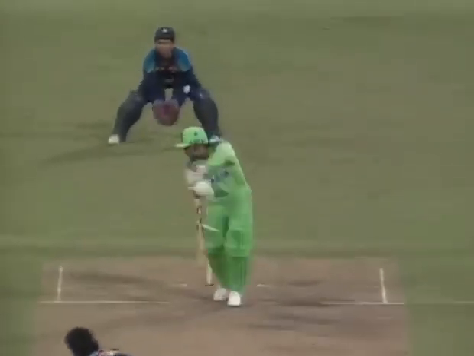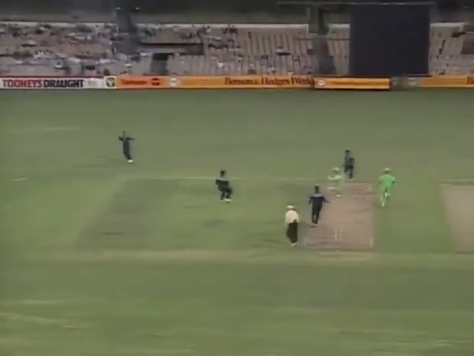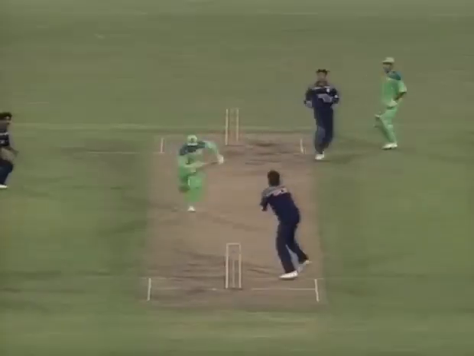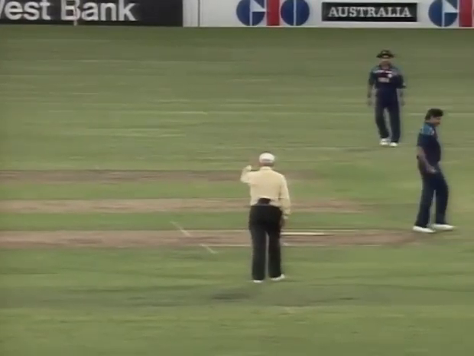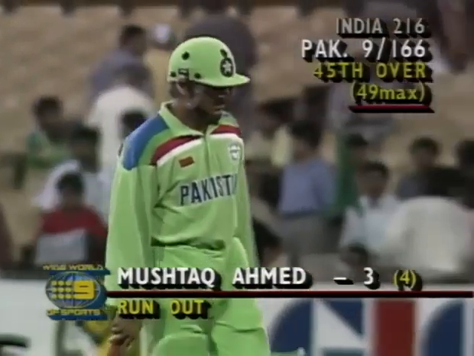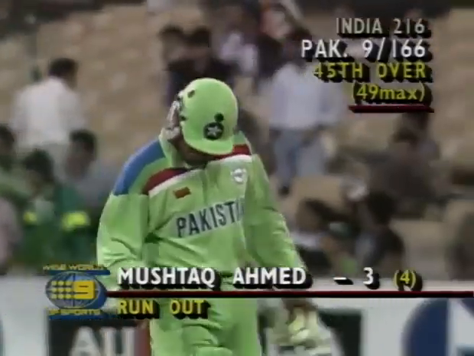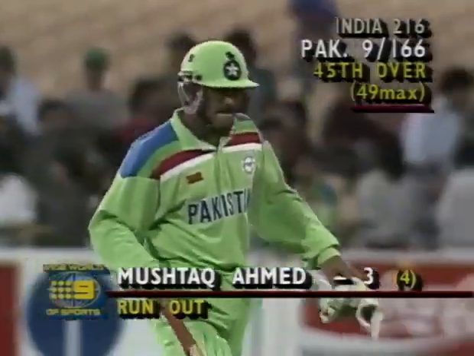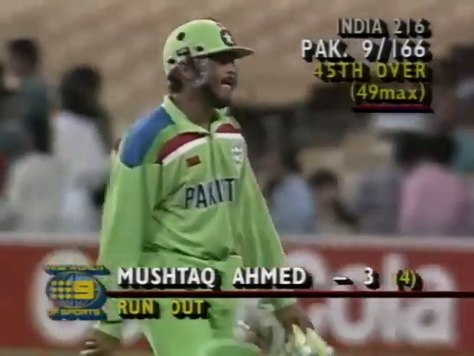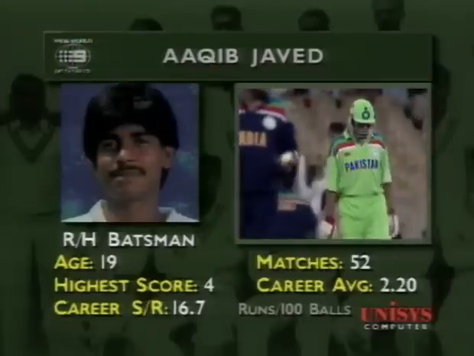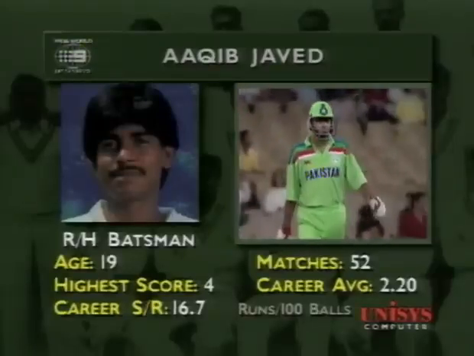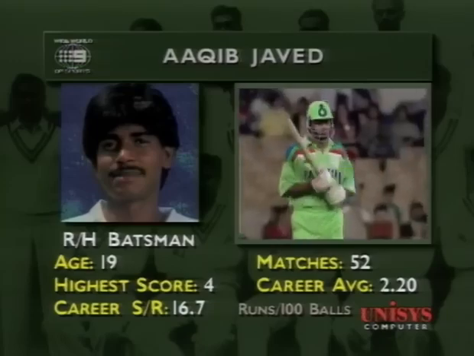Well, Ian, looks like it's all over bar the shouting. Yes, Pakistan, I don't know what the hell Mushtaq was thinking about there. It was a case of having to, and in fact there was a pretty easy run there, because with all the stopping and starting he was only just out. Pakistan now 9 for 166. Aqib Javed makes his way to the crease. India on top here. Very good fielding and bowling display by the Indians tonight.